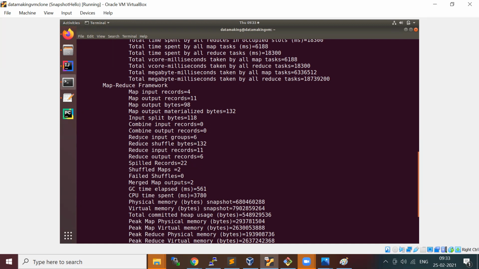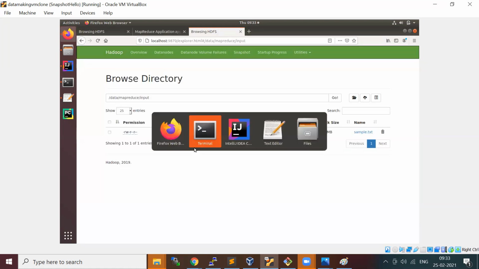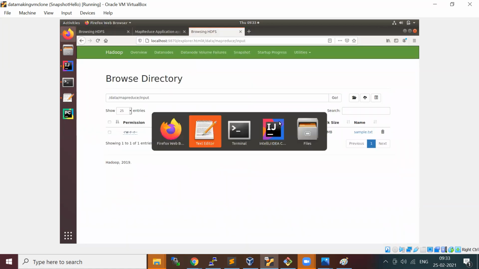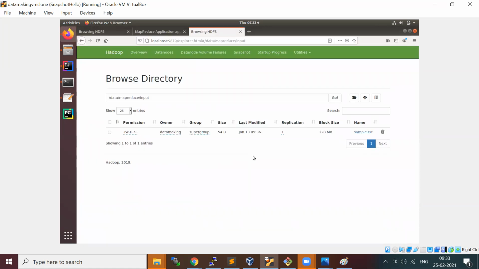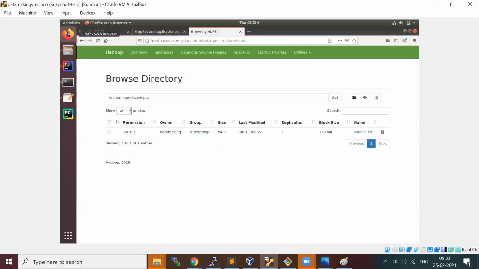So it says reduce input groups are 6, and the reduce input records was 11, because 11 was the output from the map task, so it was the input to the reducer. If you apply a combiner, we have only one block actually, so it will do the reduce logic in the combiner itself, right?